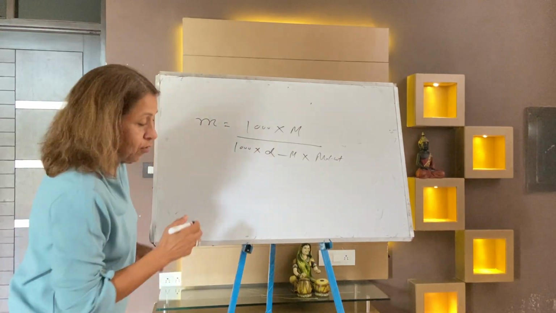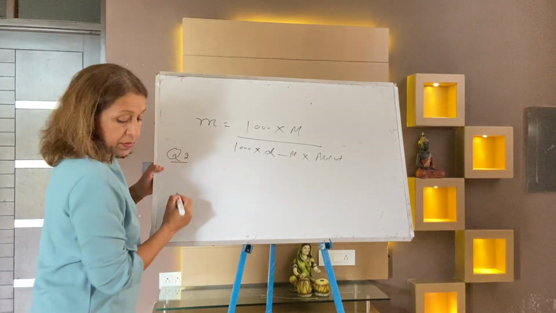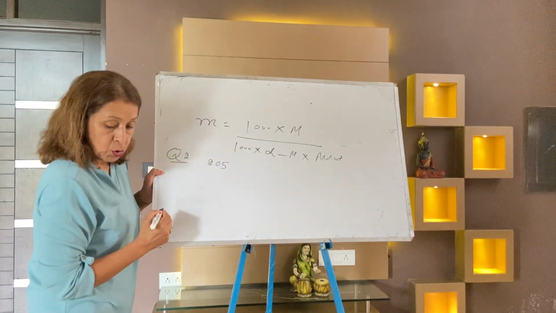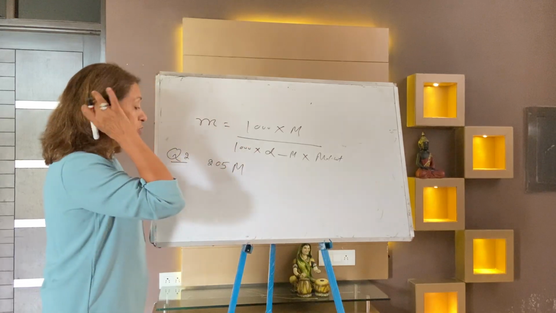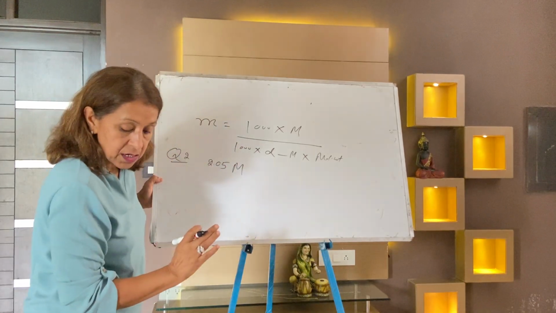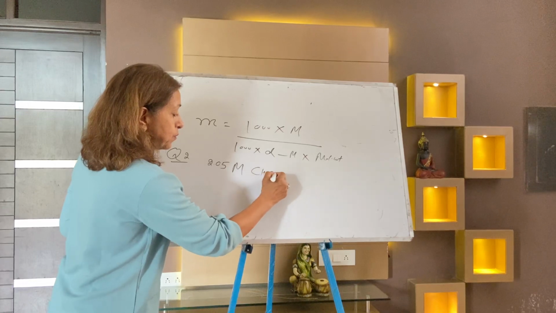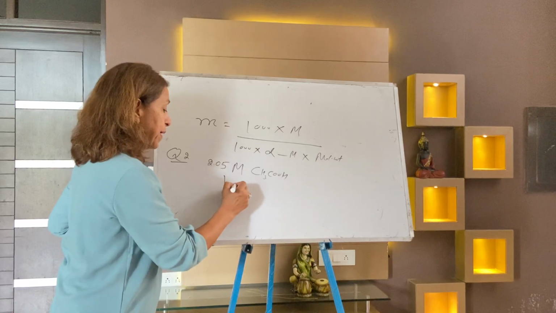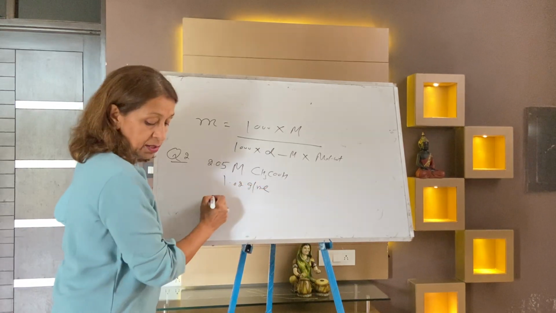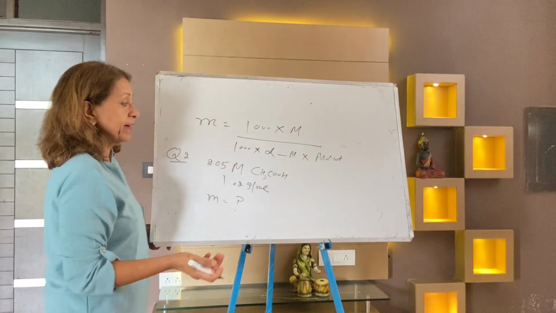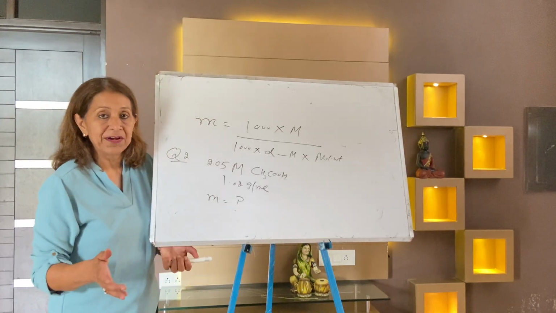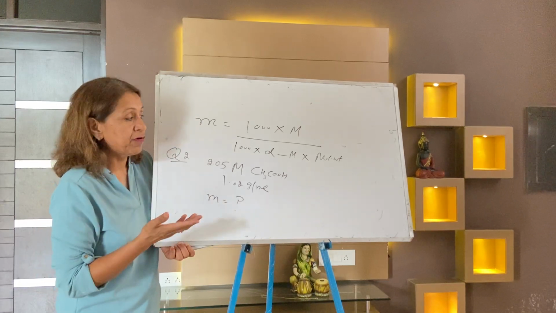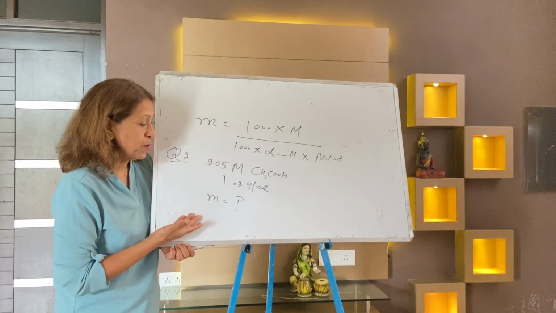The second question: molarity is given as 2.05. The density of this 2.05 molar acetic acid solution is given as 1.02 gram per ml. The question is to calculate molality. Direct molarity is given, calculate molality. Otherwise, you will take too many steps. In CBSE, it will take too many steps. The same numerical I have covered in my lectures. So it's very simple to calculate molality.